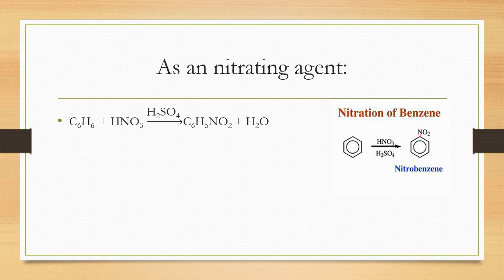Okay, so this is nitration, and the mechanism involved in nitration you have learned in 11th standard, but still it is given here. When nitric acid and sulfuric acid join, you get the product nitronium ion, NO2 plus. The water molecule will be removed and the hydrogen sulfate ion will be removed. So the NO2 plus ion will attack the benzene ring, where H will be replaced and NO2 plus will occupy that position. So it can act as a very good nitrating agent.